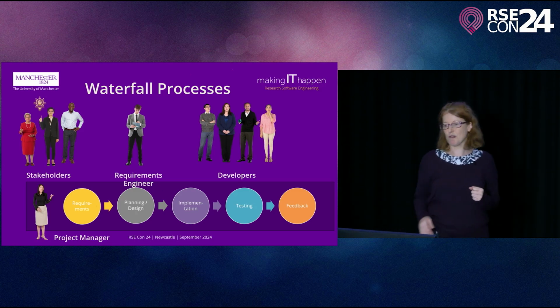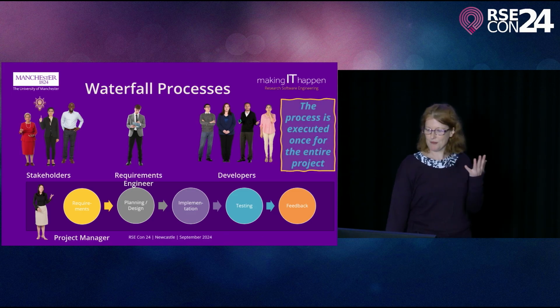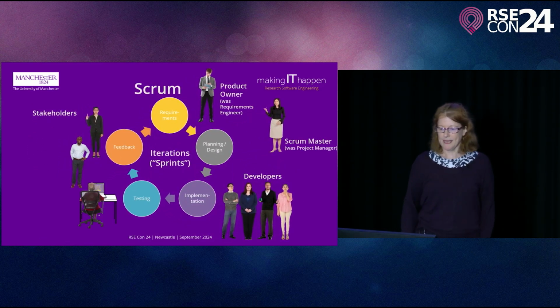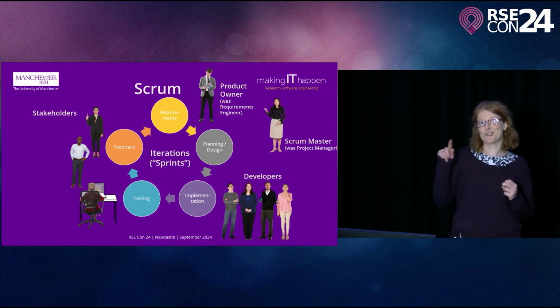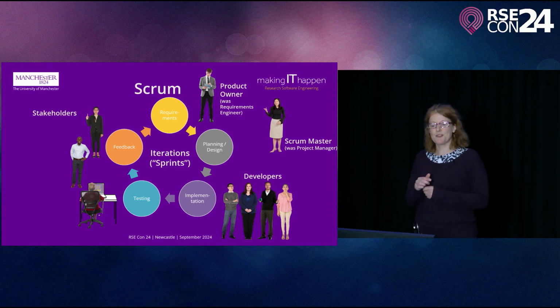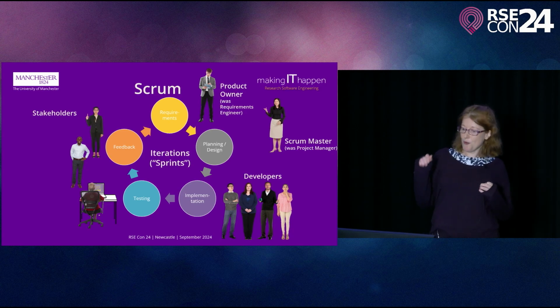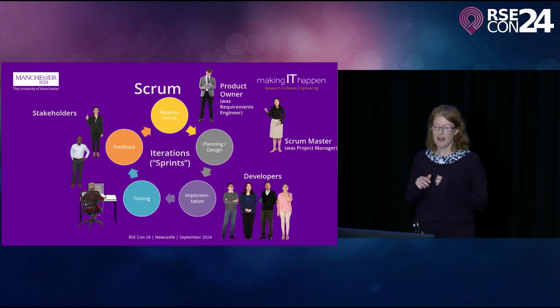So in the case of Scrum, which I'll explain now, in the waterfall the process is executed once for the entire project. In Scrum, it becomes cyclical, so it becomes iterations of sprints. We do the requirements capture, and we have the product owner now, who was the requirements engineer. We do requirements capture, planning and design, implementation, testing and feedback as lots of cycles, and each cycle